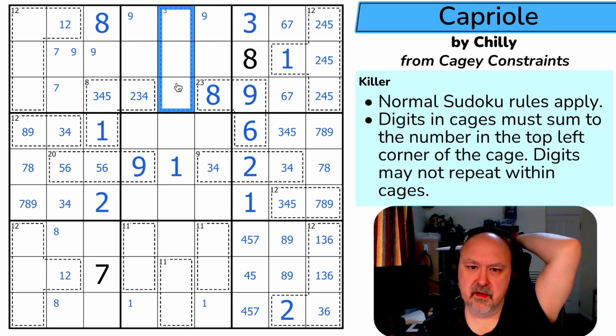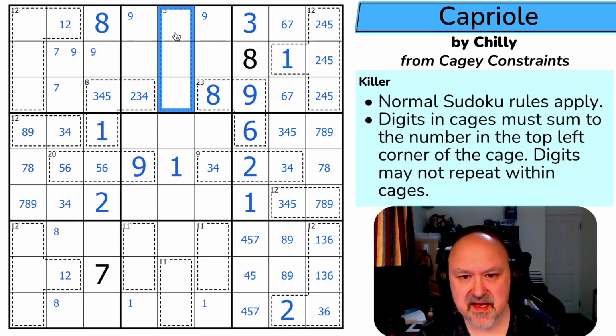3 4 5 doesn't get me there. There must be a 6 or a 7 in here, because otherwise I'm at 3, 4, 5, and 3, 4, 5 is only 12. There is a 6 or a 7 in here. If it is 7, it is 7, 2, 4. And if it is 6,